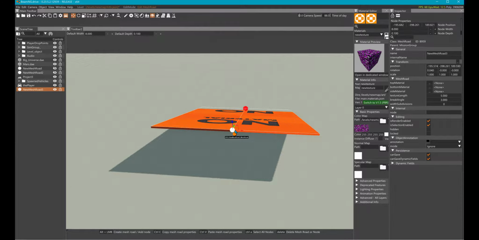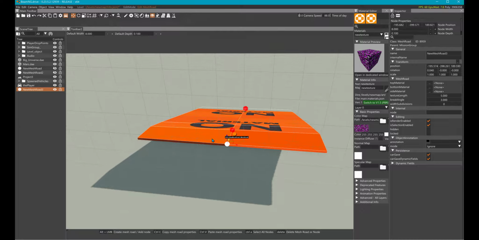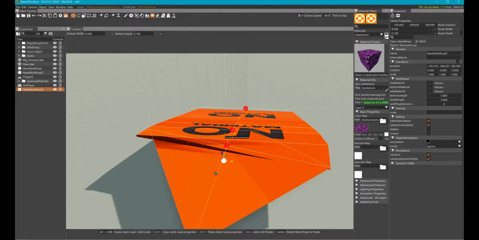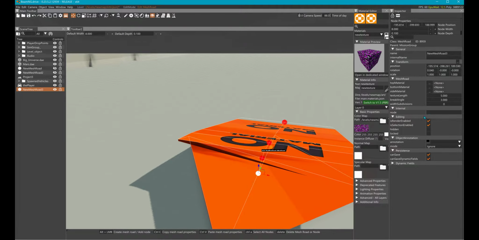My problem making things with this is, it seems like sometimes the nodes get kinked up like a kink in a necklace. And it's kind of frustrating to me. You can increase this break angle here by lowering the number. Maybe 0.5 is about the lowest you can go. But if you've got a lot of road using that, it can